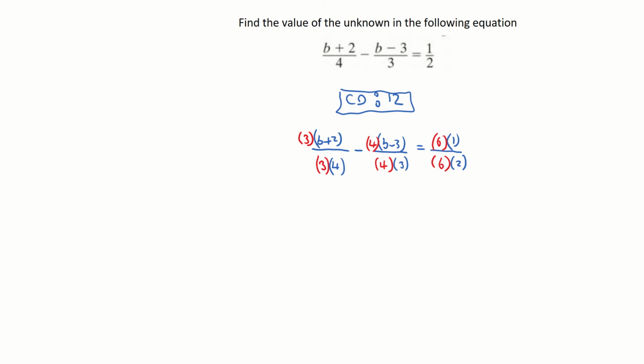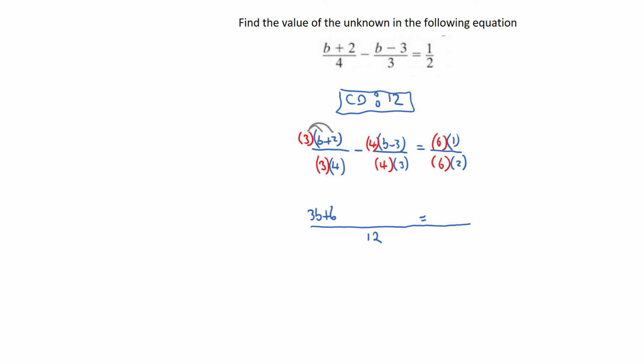Next thing I need to do is multiply in this 3 into the first bracket. So that's going to give me 3b plus 6. Now I'm going to make it one full fraction, because I can put all fractions over the same common denominator, which is 12. So I'm just going to put everything over 12. Think about it like this. If I had 3 over 7 plus 1 over 7, that's the same as just going 3 plus 1 over 7. So I can draw a line over all of the numbers that I want to add or subtract from each other. So coming back to my question here, I have 3 multiplied by b plus 2, which is 3b